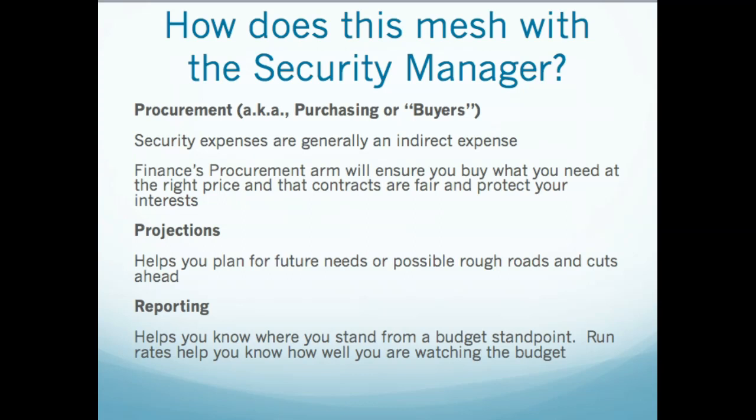Okay, so procurement, when you go and you say, I want to buy two-way radios, right? We'll stick with the radios for this discussion, and I need 10 of them. And they ask, well, how much do they normally run? And you say, oh, $2,500 a piece. I'm going to need $25,000 worth for these 10 radios. They will go out and they will say, okay, give me the specifications on the radios you need. What must they do? Well, they have to communicate back and forth. They need to have a removable battery that lasts for at least 8 hours. They need to have a little red button on the top that if I push it, it sends a signal to let somebody know that my guard is under duress.